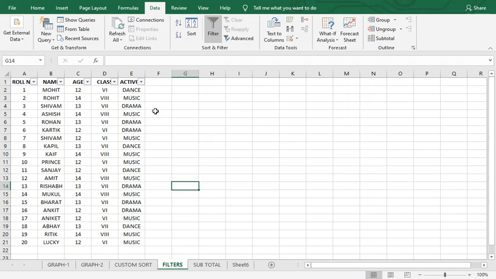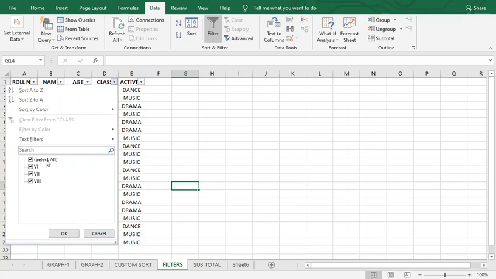Now let's use the filters on class. We have three classes: 6th, 7th and 8th. I want to find out how many students have given their favorite activities. So I'll go once again to Filter, uncheck the Select All option and select class 8th.